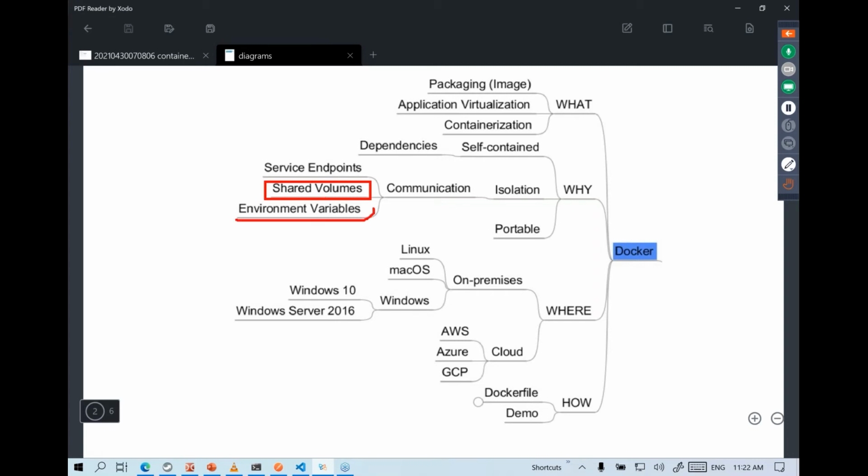Or you can also choose to use environment variables so that you can pass some values to your containerized application. So basically, you get a portable, isolated, self-contained application because of Docker. In a nutshell, it allows us to package our application or create an image that can be deployed later on.